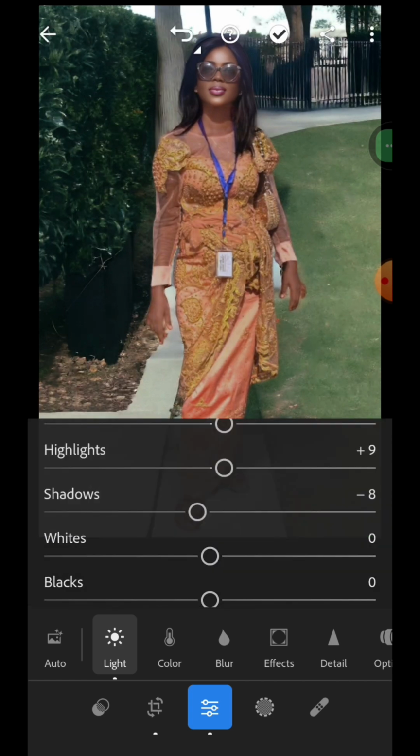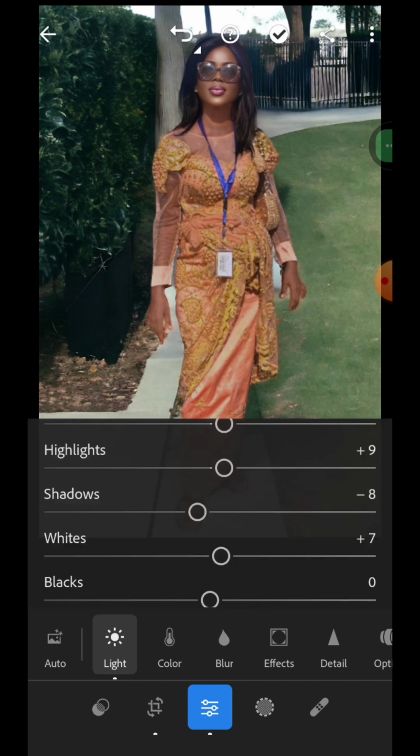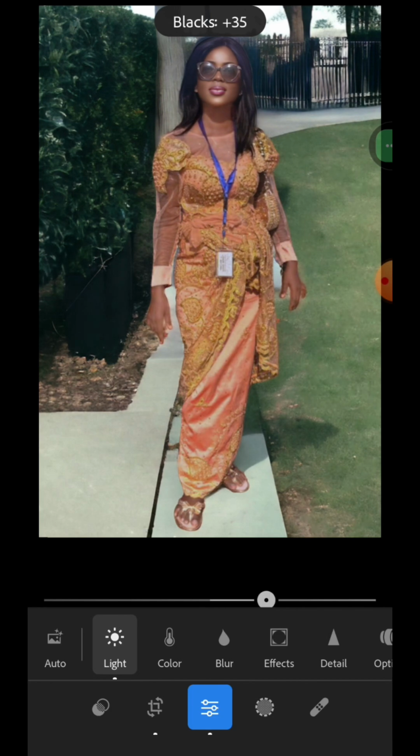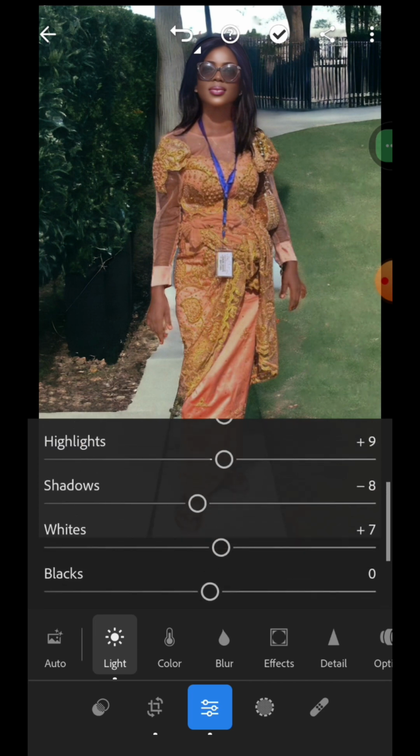So now the whites. If there are whites in the images, this white helps to highlight them, to increase them. Then the blacks, you see the blacks, it darkens. Assuming it's too dark, you can as well use it to increase it. You use it to adjust the black shapes. So that is it. Then when you are done adjusting the lighting, the next place to go in is your